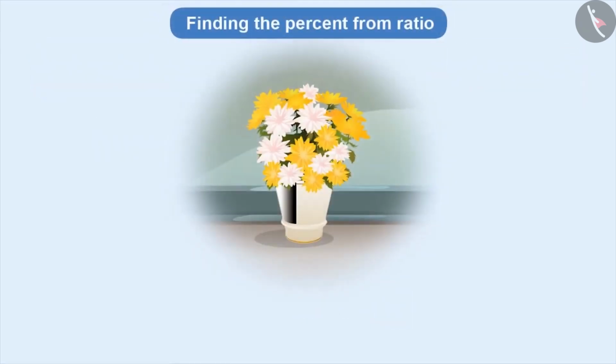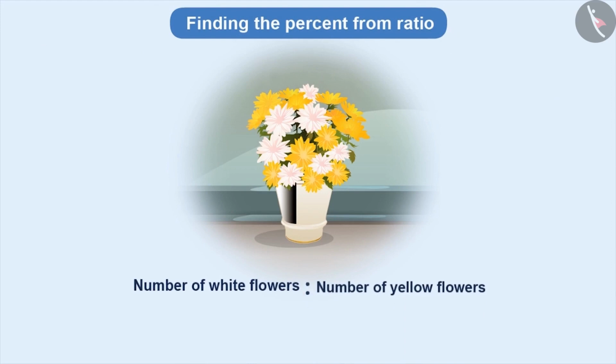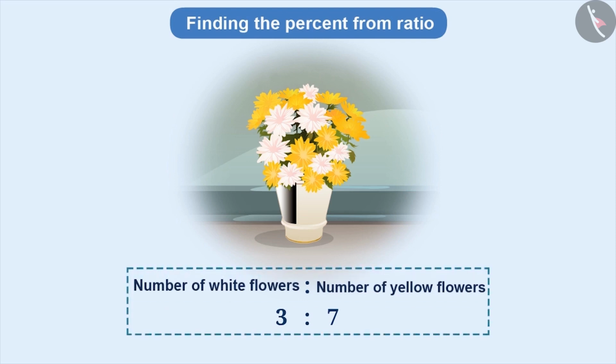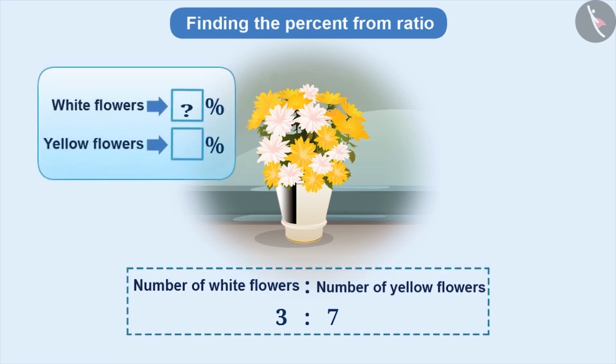Let us suppose a flower pot has some white flowers and some yellow flowers. The ratio of white flowers to yellow flowers is 3:7. Just think, on the basis of ratio, can we find the percent of white flowers and yellow flowers? Think for a while. Let me tell you,